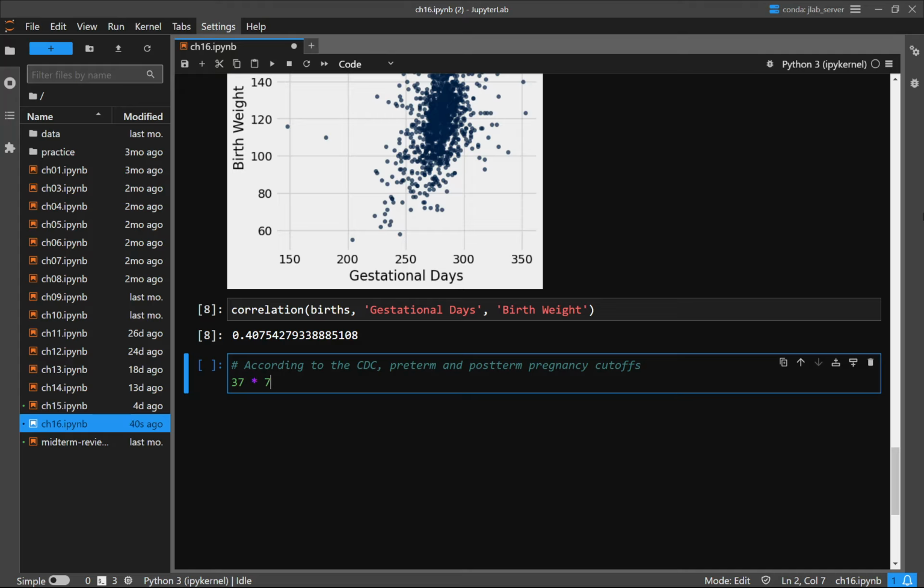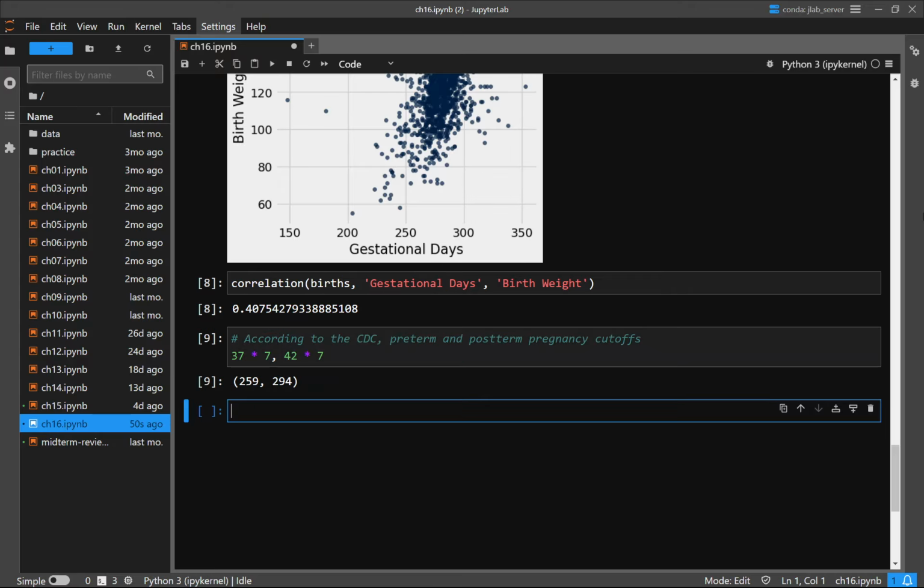So 37 weeks, anything less than that is apparently a preterm pregnancy, and anything over 42 weeks, and these are values in days, is post-term pregnancy. So between that range, that's a normal amount of time to be pregnant, I guess. So let's just consider those values. I'll take births, and I'll replace the table with that, where the gestational days values are between